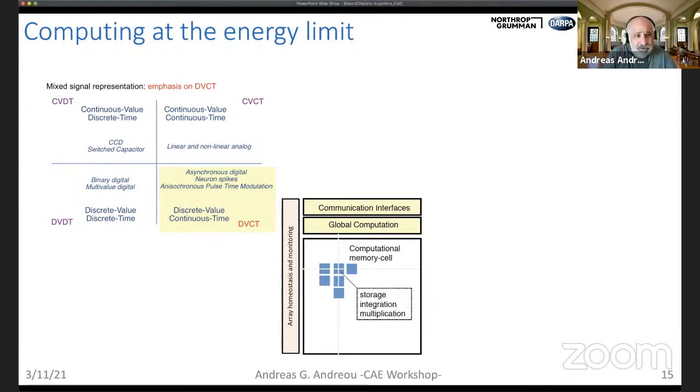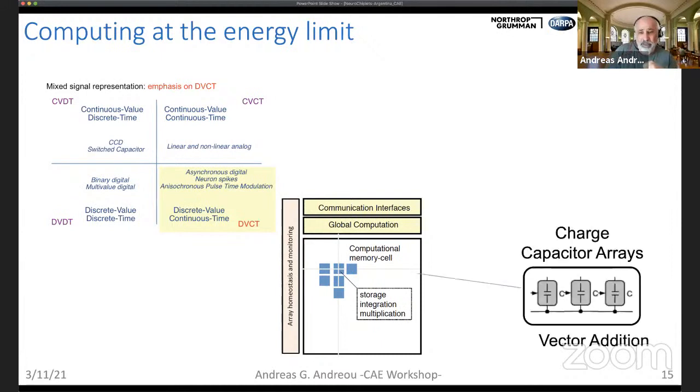So another idea that is central in computing at the energy limit is doing the computing and the state holding at the same place, so minimize communication, global communication. So if we can have a cell that can do storage, integration, and multiplication, that is really great. In this case, we can